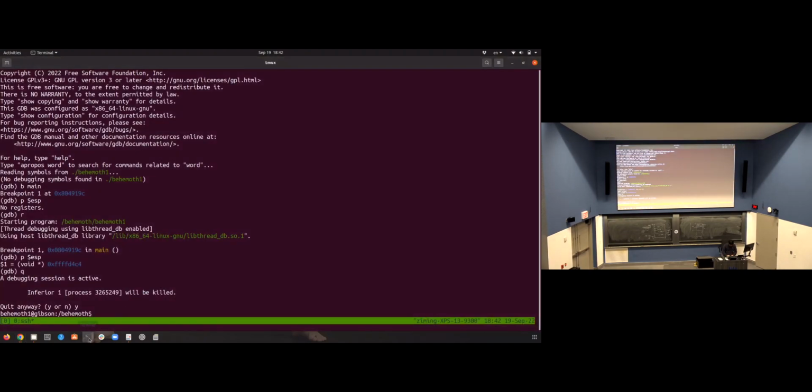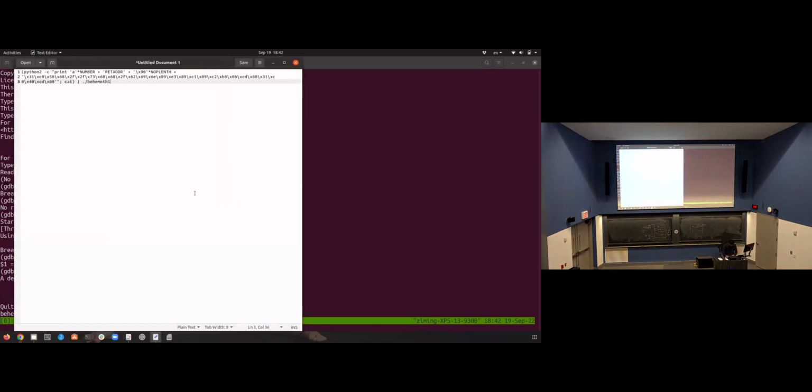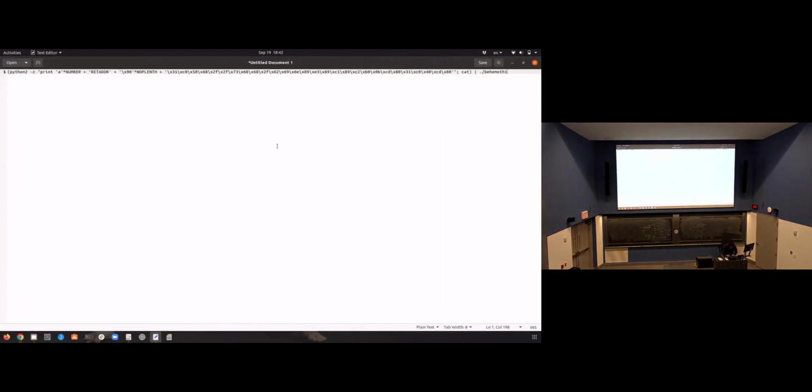I don't have another terminal. I just need a gedit, I guess. Because I copied this, I need to remove those things. Okay, so C0. That's correct. So here I'm trying to construct